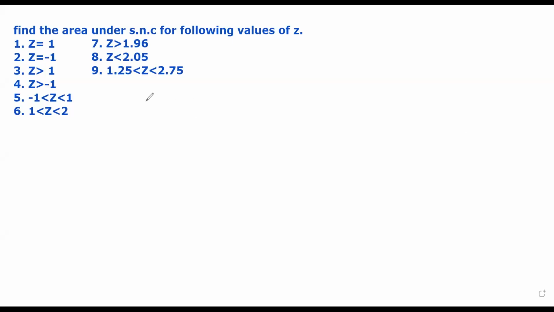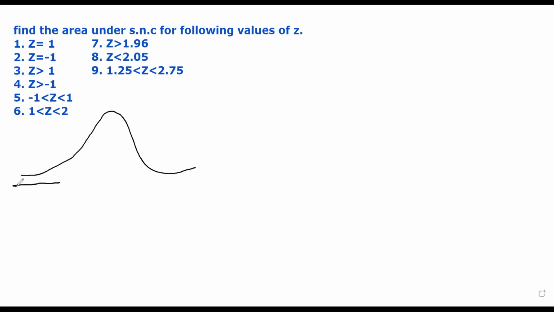When we are talking about finding out the probability using Z table, we should actually learn how to find the area under standard normal curve when the value of Z is already given. So we will take this example: find the area under standard normal curve for the value of Z. First says Z is equal to 1. If I want an area for Z is equal to 1, it actually means I want an area between Z is equal to 0 and Z is equal to 1.